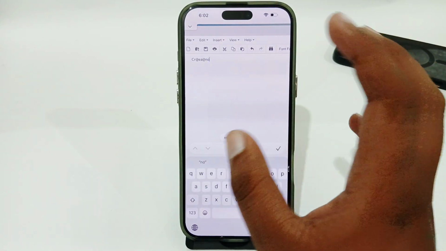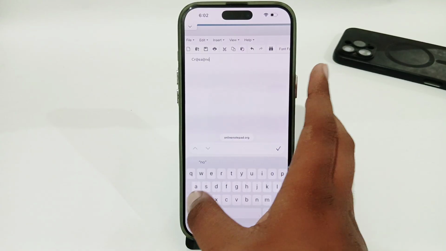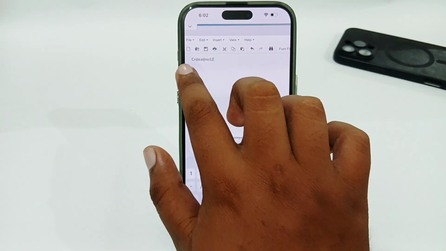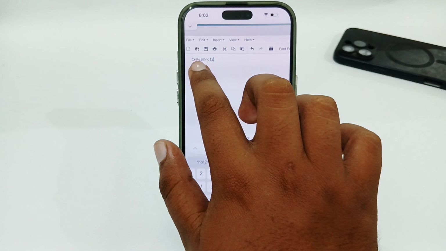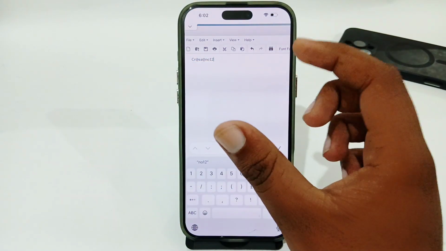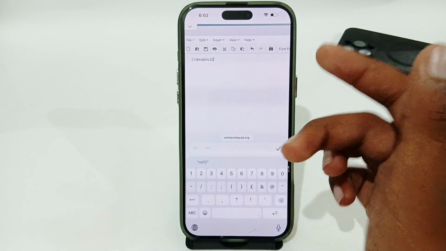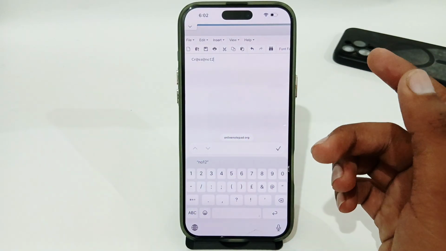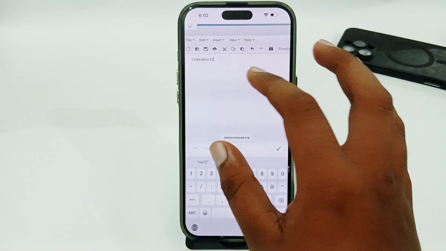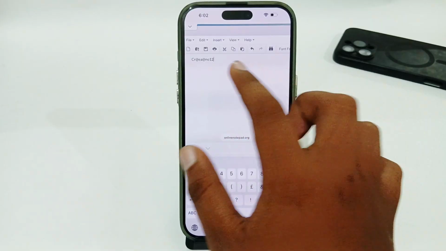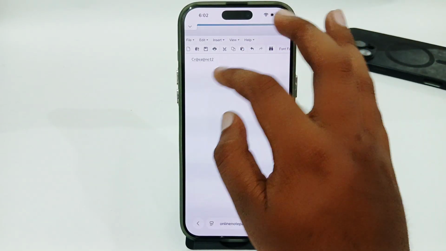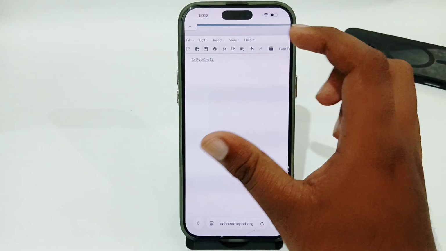Once you have entered the password, try to add numbers. In my case, I'm going to add two numbers here. You can see we have 1, 2, 3, 4, 5, 6, 7, 8, 9, and 10 characters in our password. So you can easily include more than 8 characters, though the minimum requirement for the password is 8 characters. Once you have that, here you can see we have successfully created the strongest password for